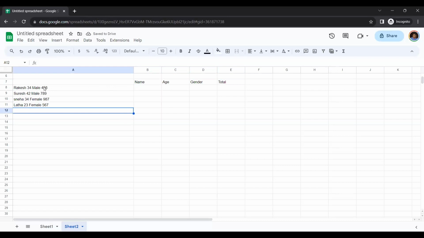Earlier it was like a paragraph, now it is separated by spaces. Now I want Rakesh to be over here, age to be 34, the male to be in the gender part, and the 456 to be in the total. So what I can do, same way,